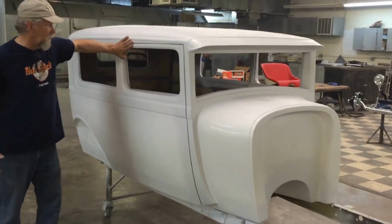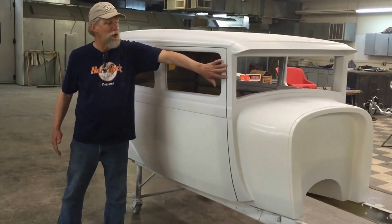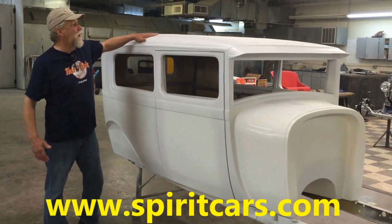The flush mounted doors, so they don't overlap. The original car would have hinges on the outside. We could put hinges that way, but we've got hidden hinges. If you see the roof,